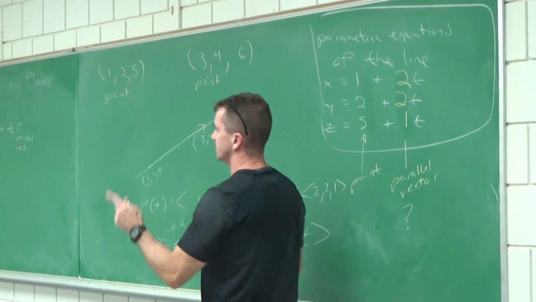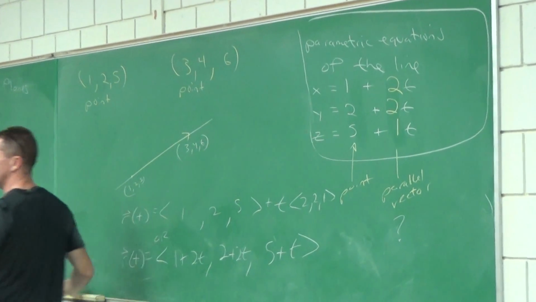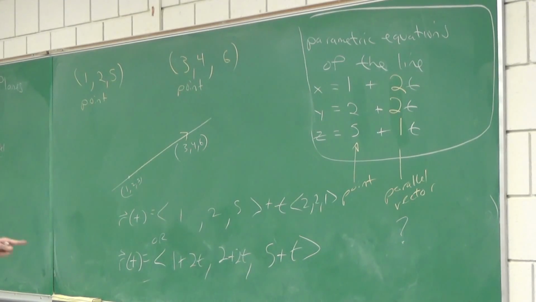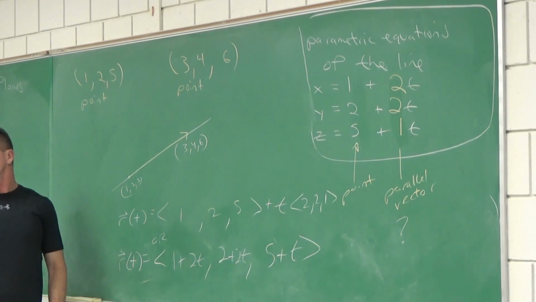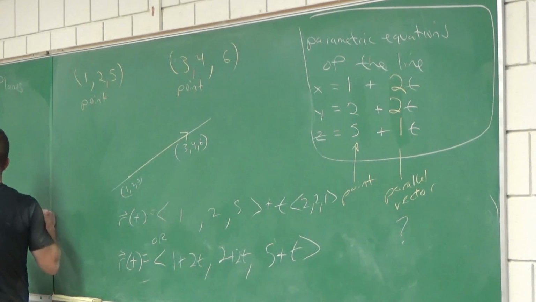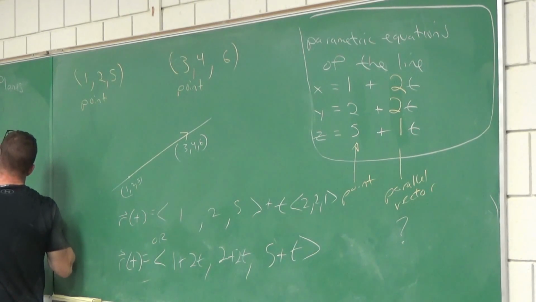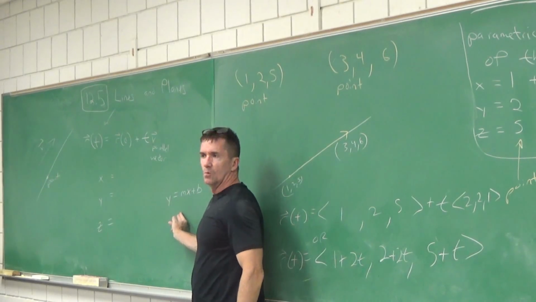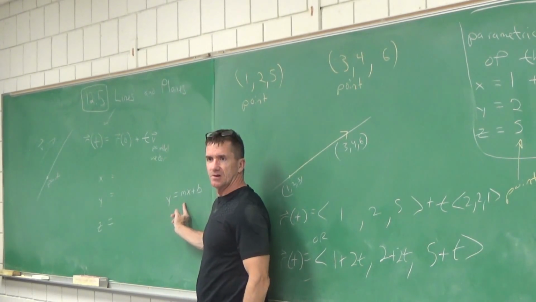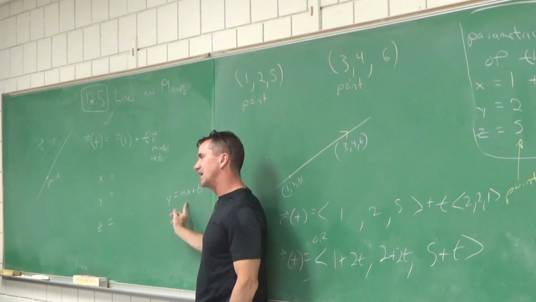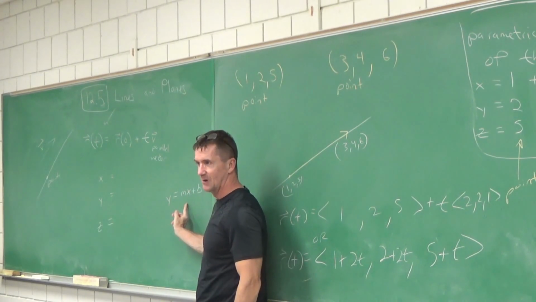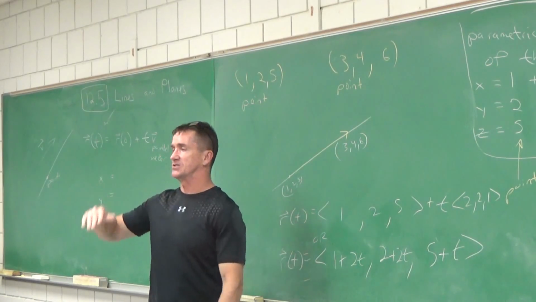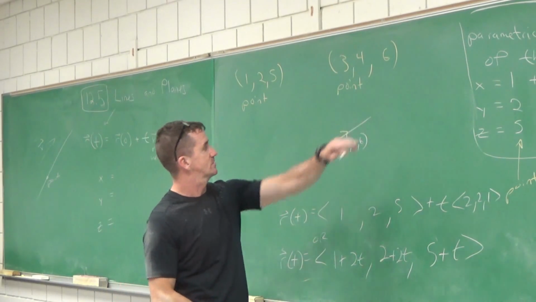Cool. Hey, there is one other way to describe lines besides saying the parametric equations of a line or the vector equation of a line. There's a third way. Like, how did we do this in algebra 2 back in high school and way back when? We just did something like this, right? And there's a way you can write it like this, it looks kind of weird though, okay? Where you eliminate the parameter. And that's called the symmetric equations of lines. So we're going to do that with this one right here.